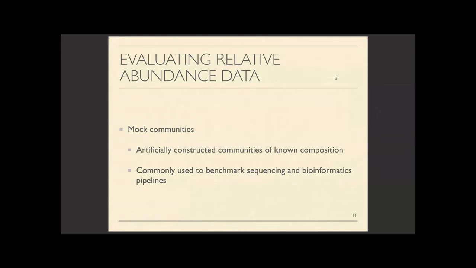Okay, so how would we go about evaluating the accuracy of relative abundance data or microbial abundance data? A natural tool that we have at our disposal is looking at mock communities. Many folks have talked about analysis of mock community data earlier today, but for those who aren't familiar with them, mock communities are artificially constructed microbial communities. We often build these to benchmark sequencing protocols as well as bioinformatics pipelines. The reason we do that is because the composition of the community is known. So we know who's in there, and we can also construct them in such a way that we know the abundances or the ratios of taxa to each other.